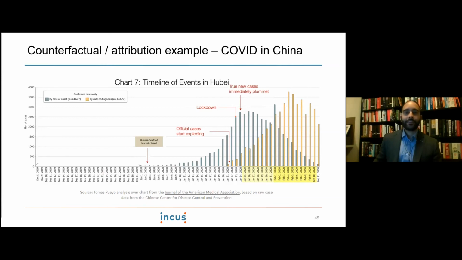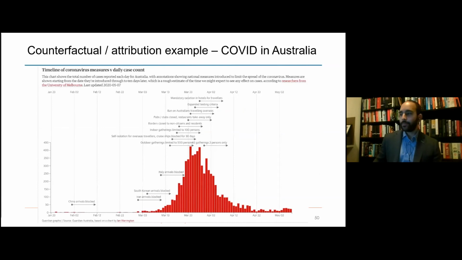If we look at the example in Australia, again, probably not that easy to see, especially if you're on a tablet or a phone, apologies. But here you've got Australia's diagnostic or diagnosed cases, so the actual cases that they knew at the time, but not when they actually began. And you can see all the different measures that Australia took between late February and, well, now.